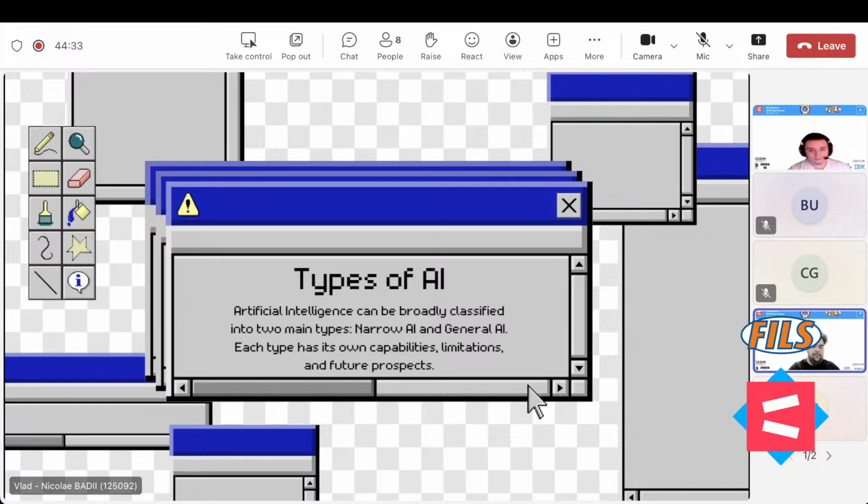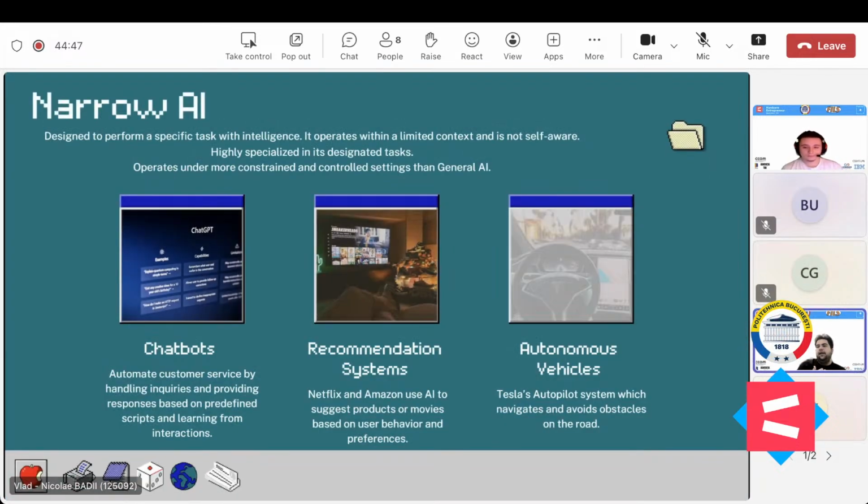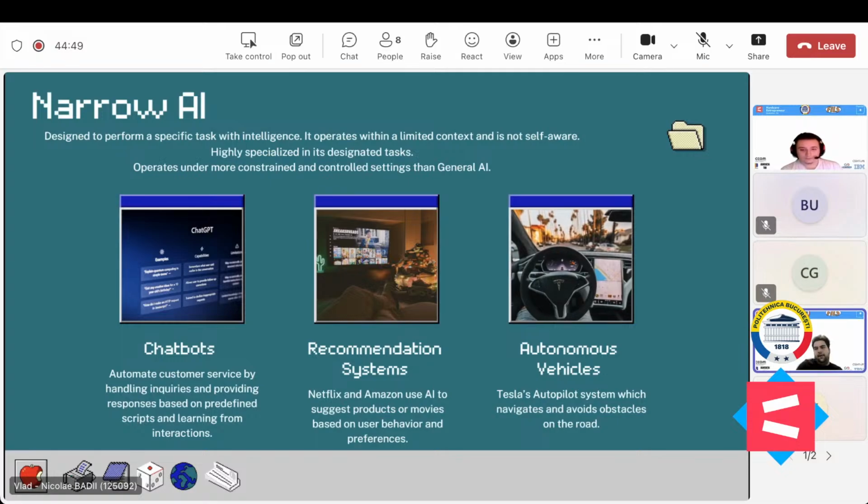AI can be categorized in many ways, but I would like to present today narrow AI and general AI. Narrow AI is the most common form of artificial intelligence in use today. Narrow AI, also known as weak AI, is designed to perform a specific task with intelligence. Unlike general AI, which will be on the next slide,